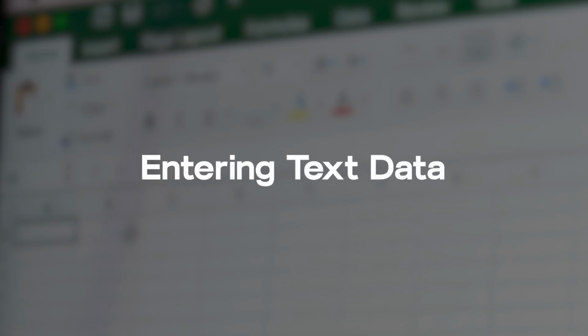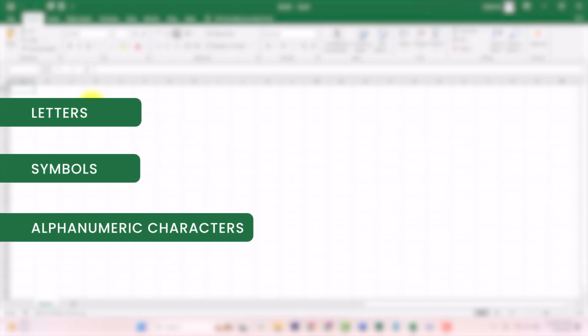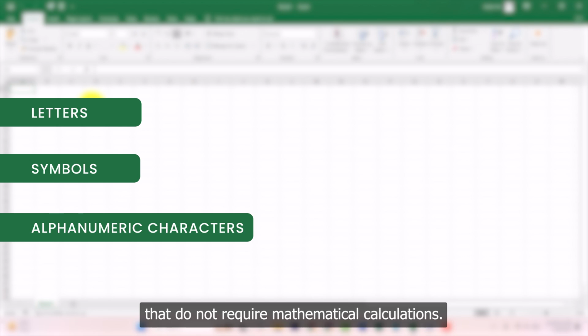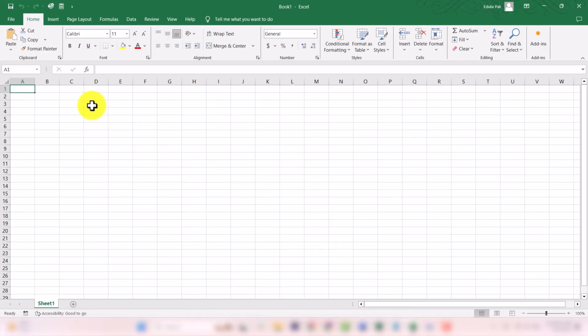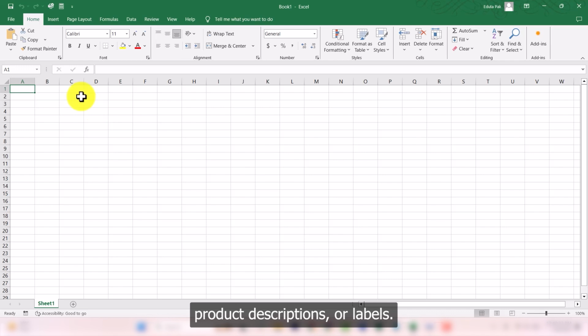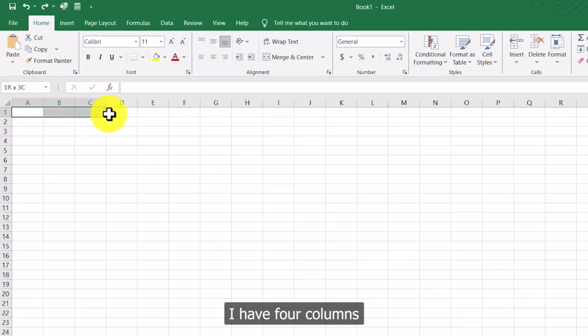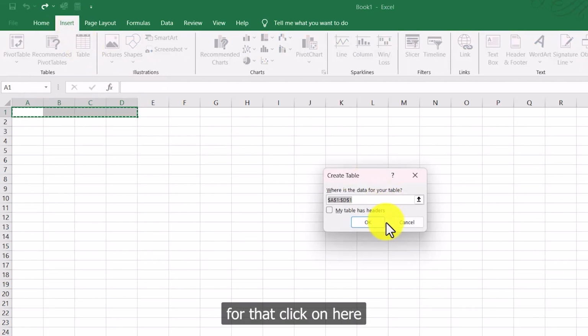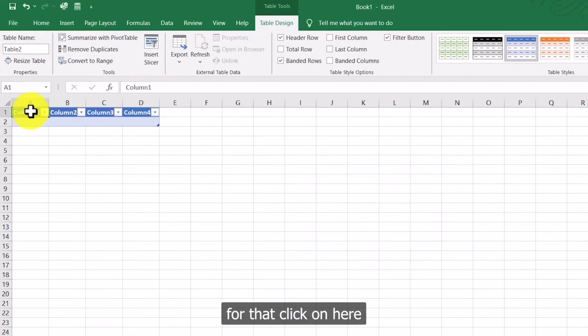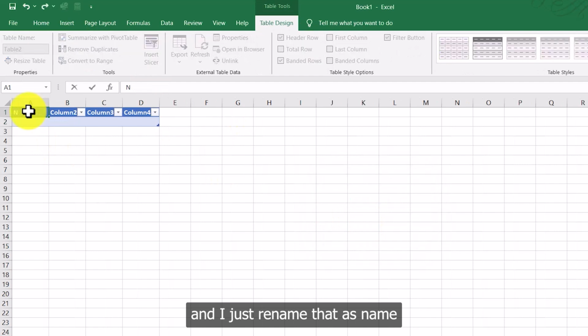Entering text data. Text data consists of letters, symbols, or alphanumeric characters that do not require mathematical calculations. Examples include names, addresses, product descriptions, or labels. For example, I have four columns and I'll just insert a table. For that, click on here and I just rename that as name,